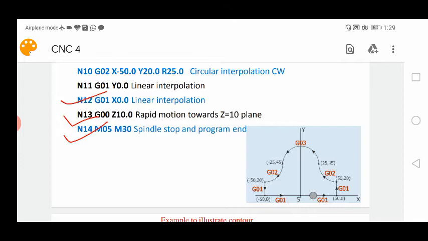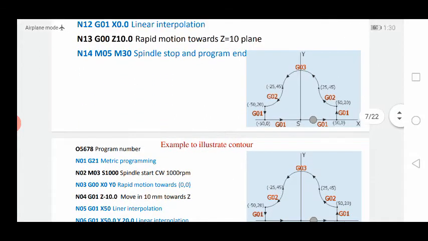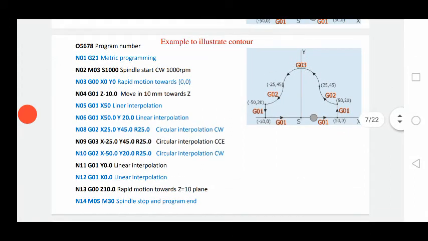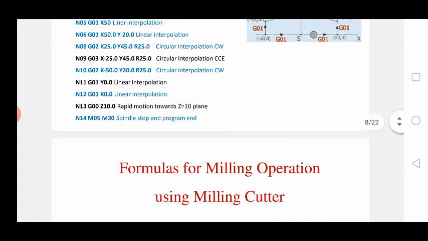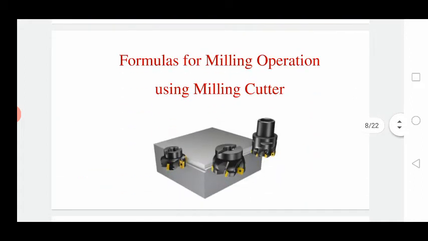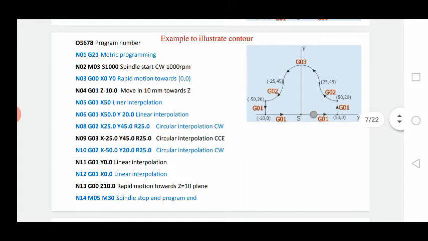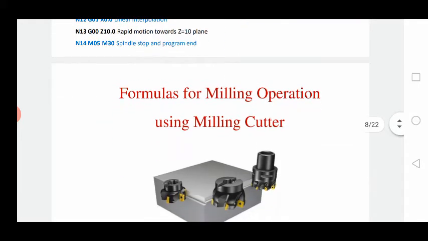So this is how the program is written. This is how we go for writing a program for a milling operation. I hope you understood this one. So let us move to the next. This is what we discussed about programming, how we write the program. Next, what we have is